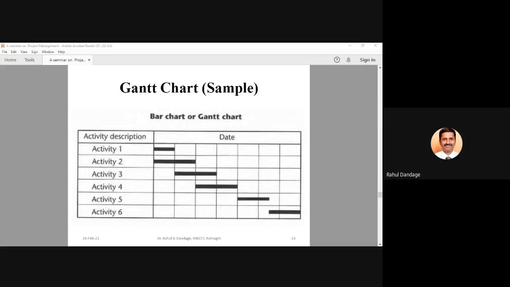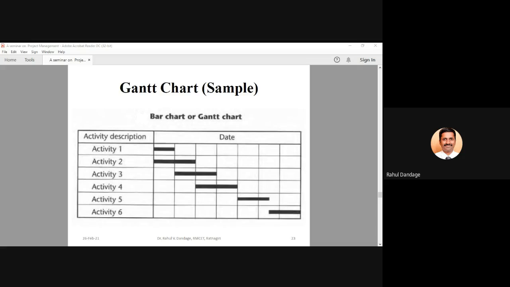Activity 2 requires 2 weeks. Activity 1 requires 1 week. If there is dependency, then after finishing activity 1, activity 2 will start. Then the total number of weeks will be 3 weeks to complete both the activities. Now, in this case, looking at the diagram, we can easily understand that 2 and 1 are independent, and since they are independent, within 2 weeks the work of 3 weeks is getting completed because activity 1 and activity 2 are starting parallelly.